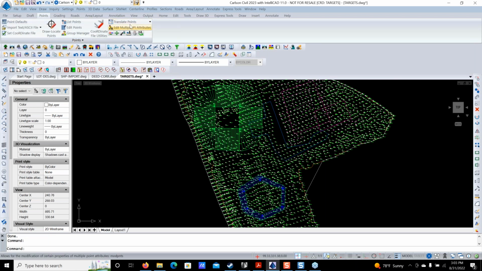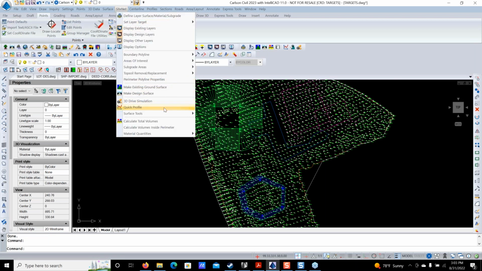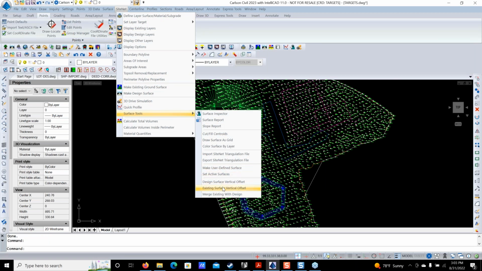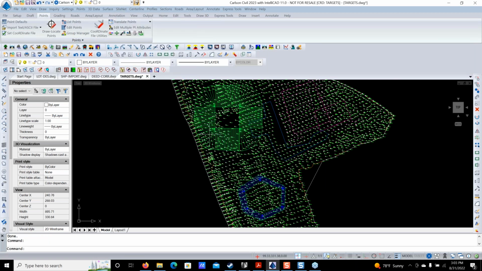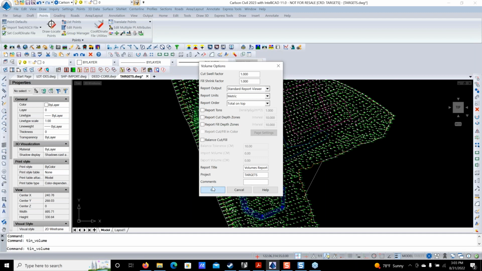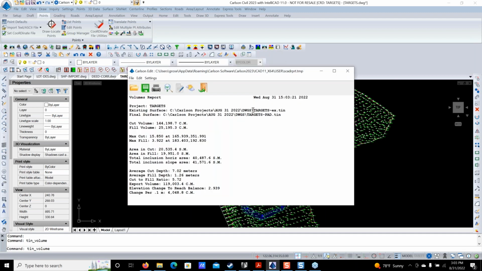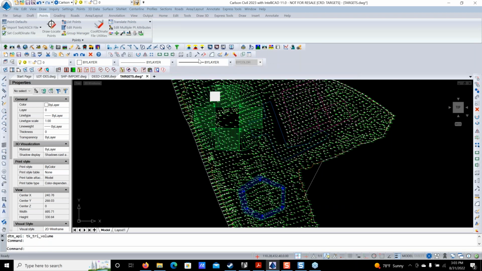It makes it again. And then I go surface tools, and I go set active, existing and pad, and now we say, give me a volume calculation, and we get a very different volume calculation. It's comparing existing and pad right now, but you can see it's dramatically changed because I did this thing, and